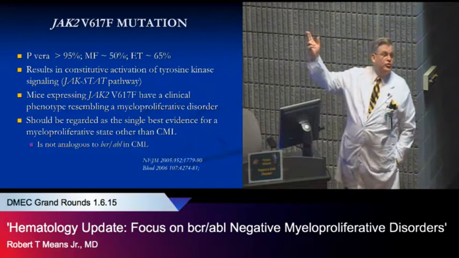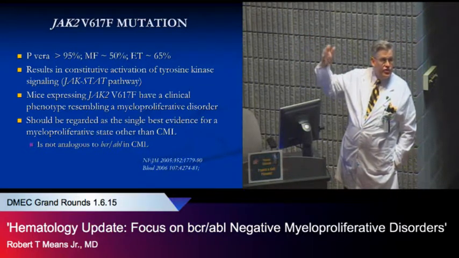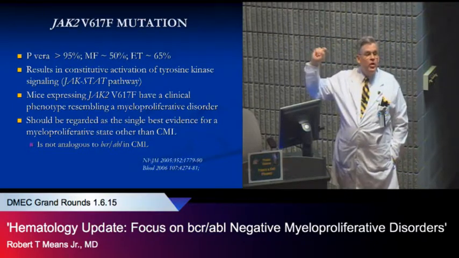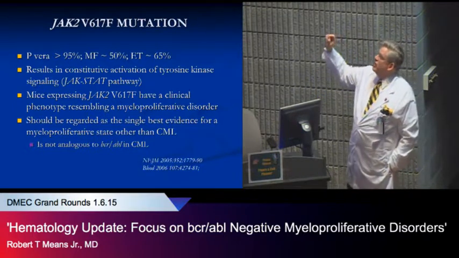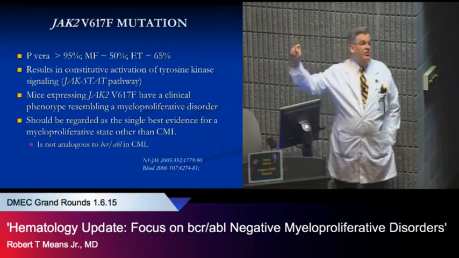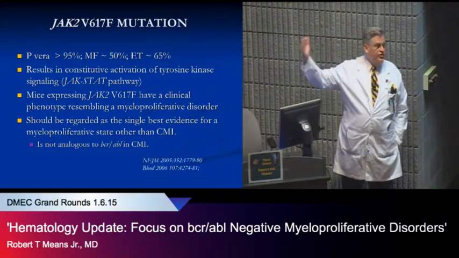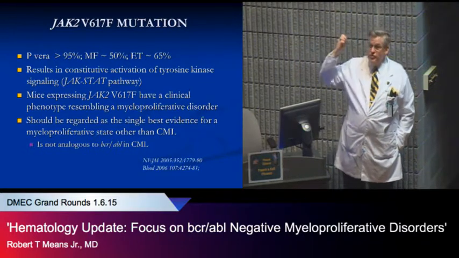If you express this in mice, they get big spleens, they get high counts, they look like they have a myeloproliferative disorder. Now, one of the challenges is the tendency to think of this as like the BCR-ABL mutation in